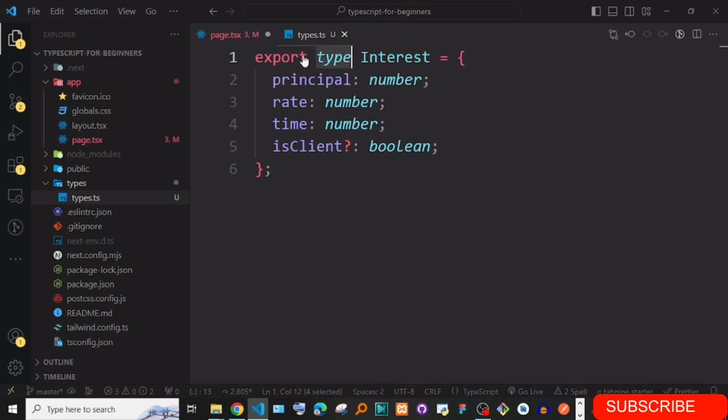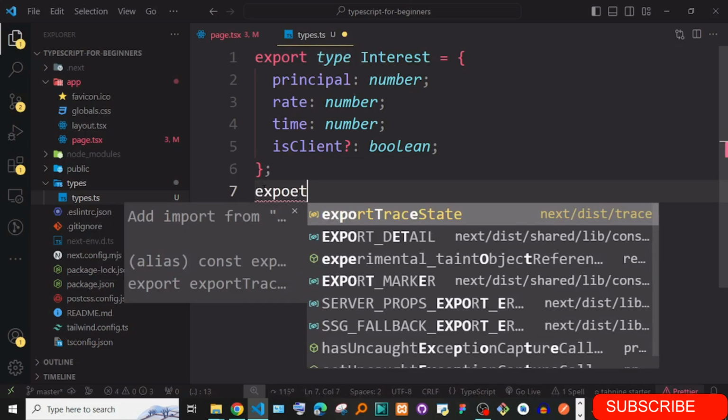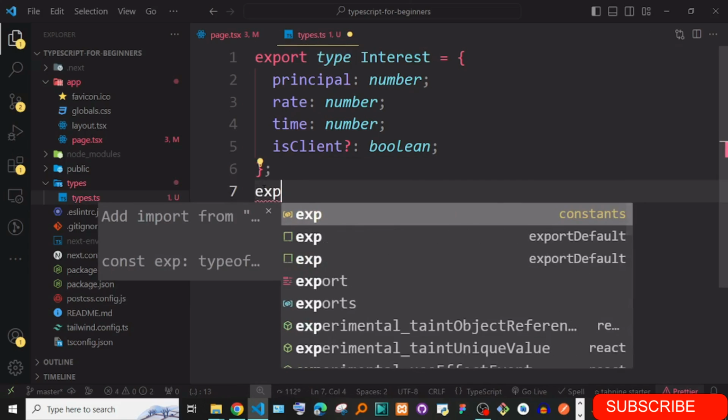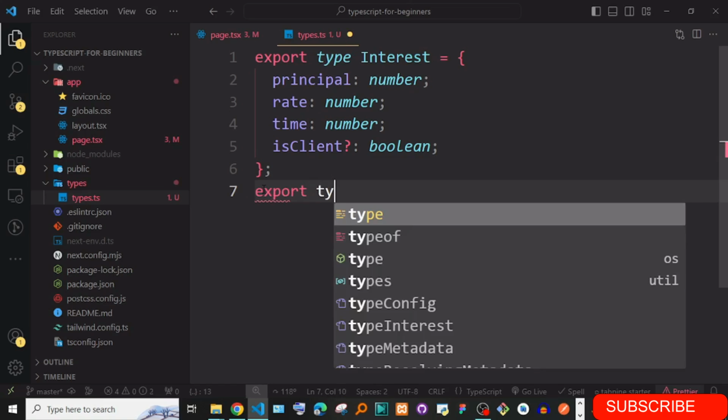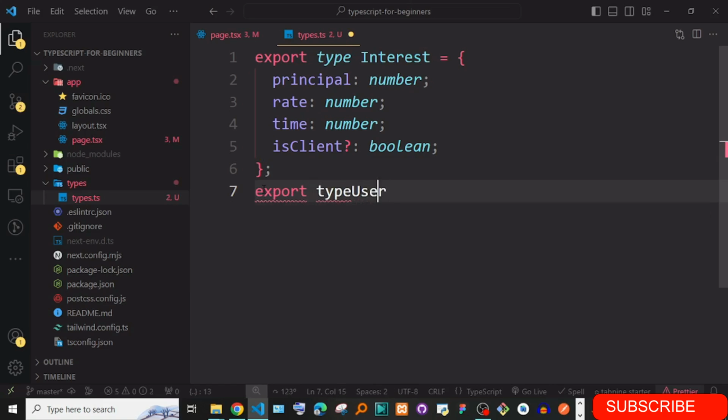I'll show you, we could define a type and say export type user.